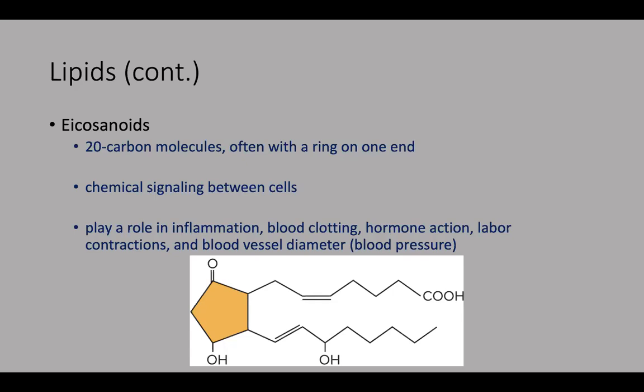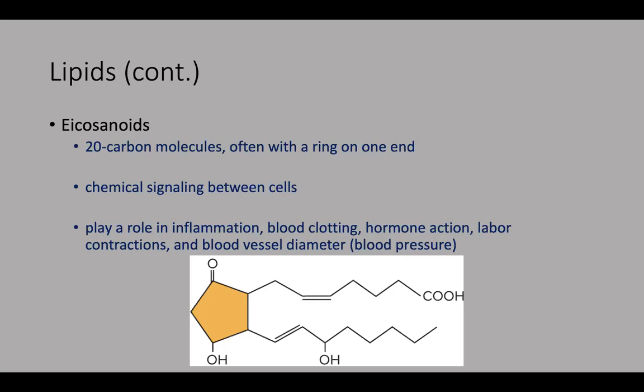So inflammation. Inflammation is just when like you're injured and you're swelling or something. You have a sprained ankle. Swelling is inflammation. Fever is considered inflammation. It's just a way for your body to fight some kind of injury or infection. So they're really important in signaling different areas of your body to become inflamed, essentially. Blood clotting. We know blood clotting is pretty important if you get a cut. Hormone action. So hormones are also chemical signals, but they have to be told where to go, basically. So eicosanoids will help with that hormone signaling.